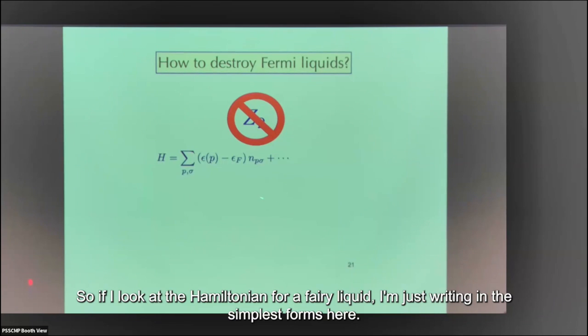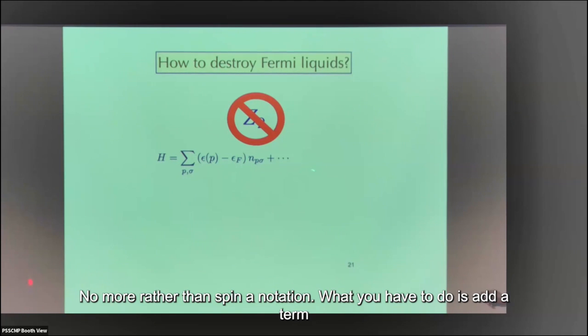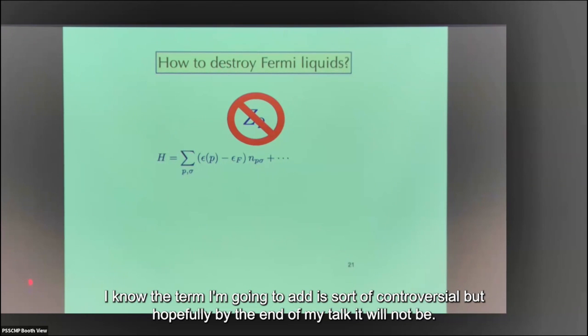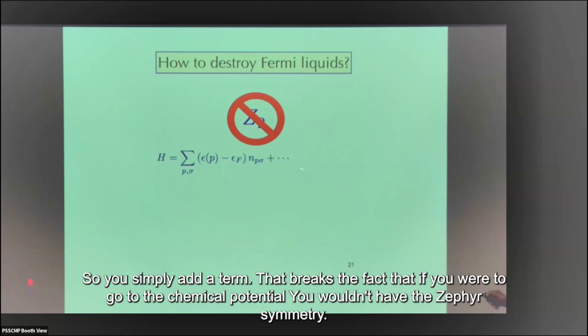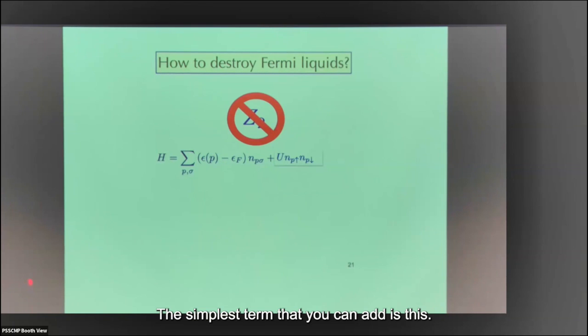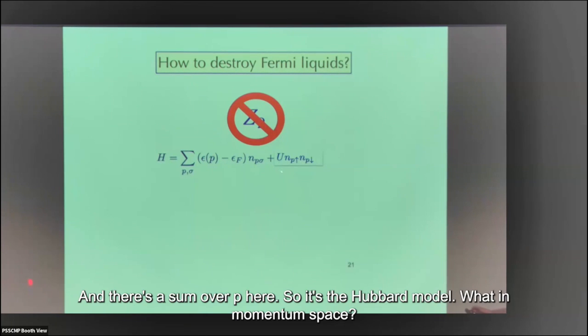So if I look at the Hamiltonian for a Fermi liquid, I'm just writing it in the simplest form here now rather than the spinor notation. What you have to do is add a term. I know the term I'm going to add is sort of controversial, but hopefully by the end of my talk it will not be. So you simply add a term that breaks the fact that if you were to go to the chemical potential, you wouldn't have the Z2 symmetry. The simplest term that you can add is this. And there's a sum over P here. So it's the Hubbard model